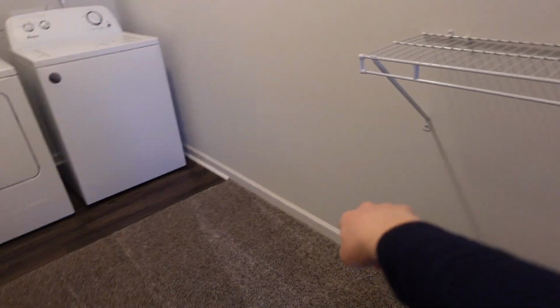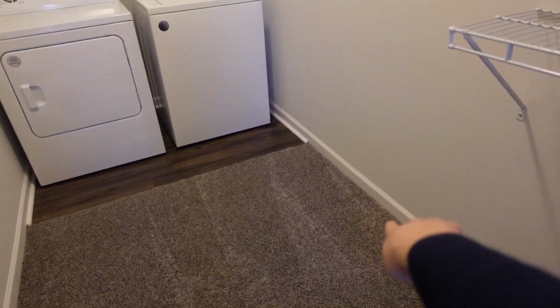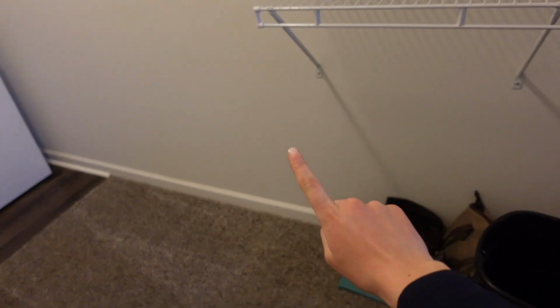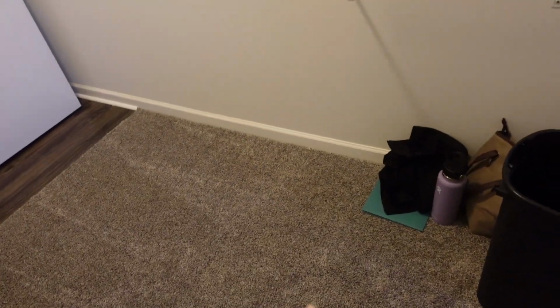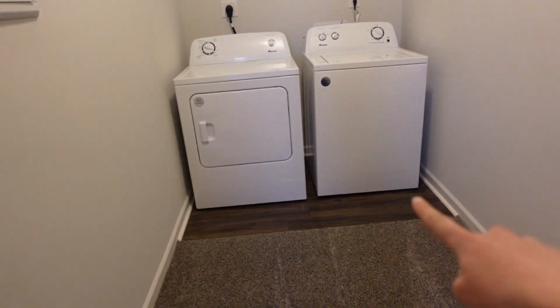I'm thinking I'm probably going to put my dresser right there because it'll make the bedroom a little less crowded and I have plenty of space in here. So that's most likely what I will end up doing there, or maybe here. It might be better here. We'll just kind of have to play around with it and see, because I need access to the washer and